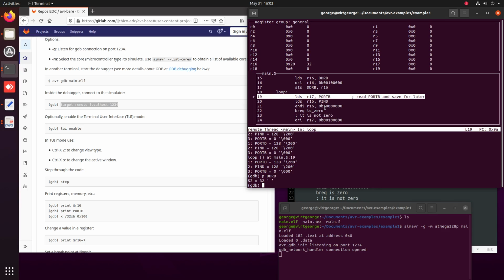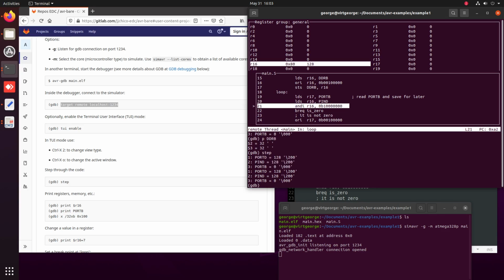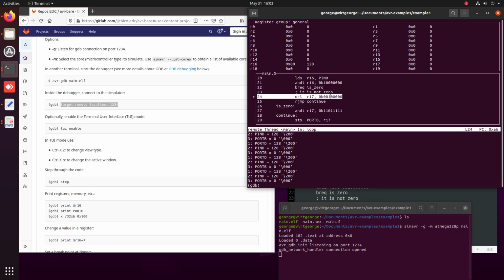So we load port B, we step, we load pin D, we do the AND operation. You see here 80, we do the AND operation. It happened that it's not 0. So we are activating now the port B output. You use R17. It has changed the value, so it's highlighted here, and then